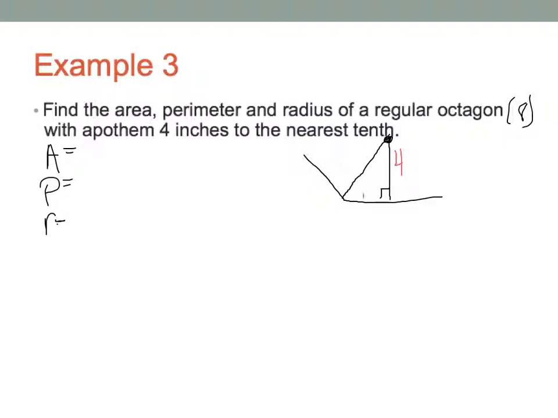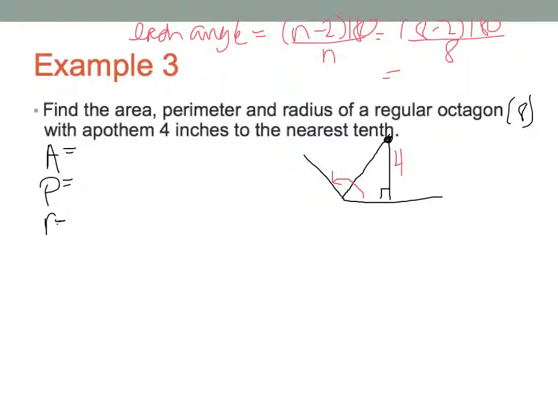First things first, let's find this angle here. And remember, each angle equals the number of sides minus 2 times 180 divided by the number of sides. The number of sides in the octagon is 8, so 8 minus 2 times 180 divided by 8. And we simplify that and we get 135 degrees is what that whole interior angle is. Okay, divided by 2, and I'll be writing it now in black. It's